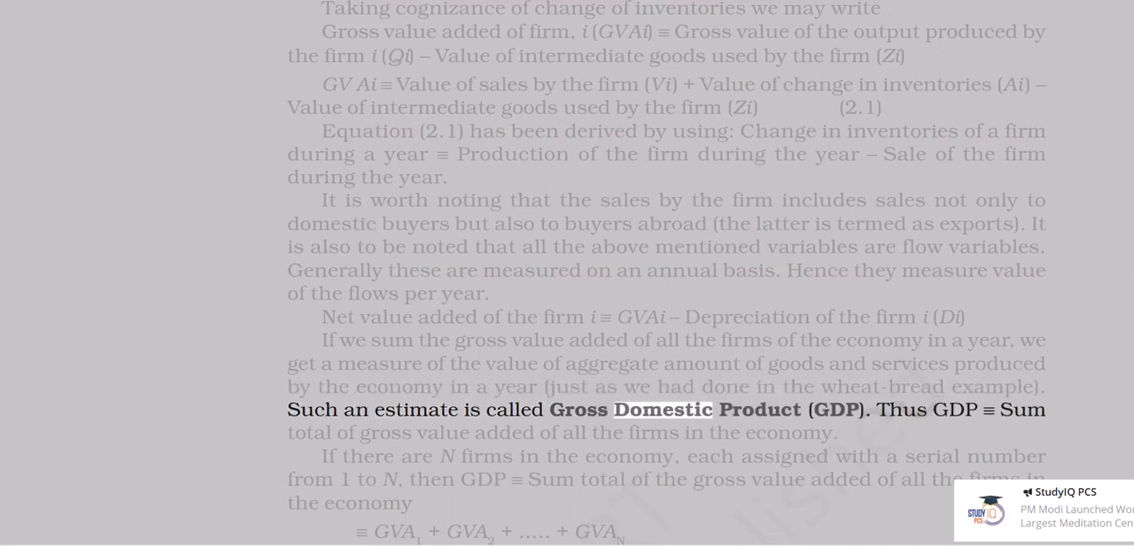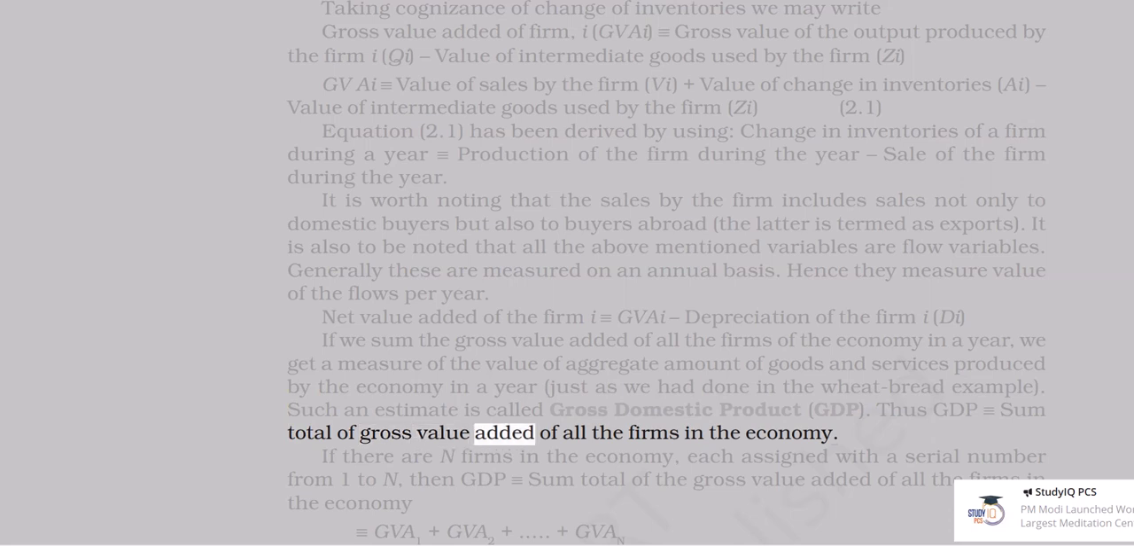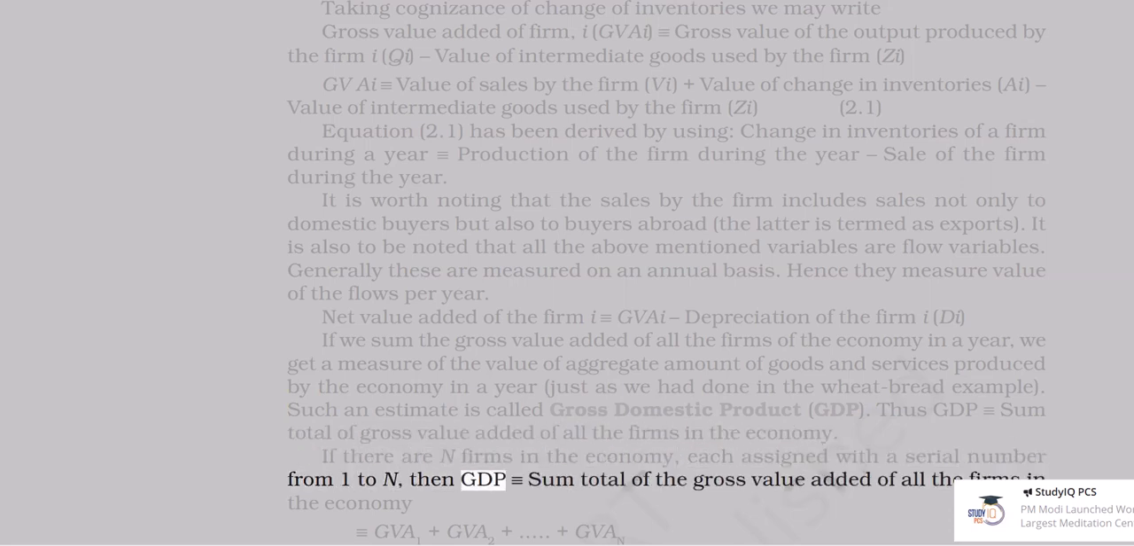Such an estimate is called gross domestic product, GDP. Thus GDP is the sum total of the gross value added of all the firms in the economy. If there are n firms in the economy, each assigned a serial number from 1 to n, then GDP is the sum total of the gross value added of all the firms in the economy: GVA 1 plus GVA 2 plus ... plus GVA n, and therefore GDP equals the sum from i equals 1 to n of GVA i. (2.2)